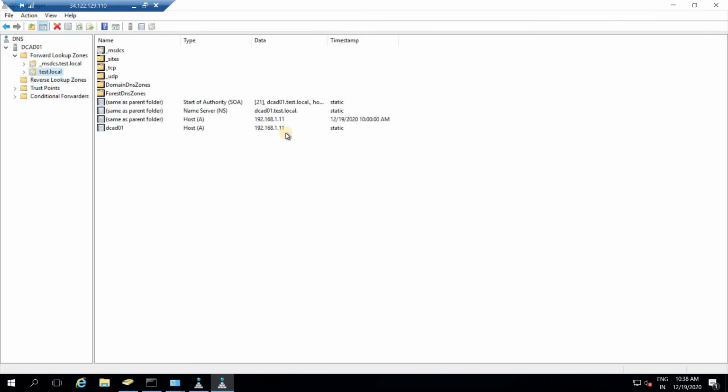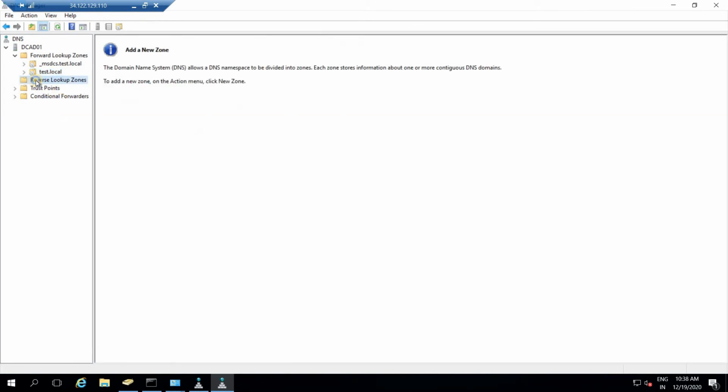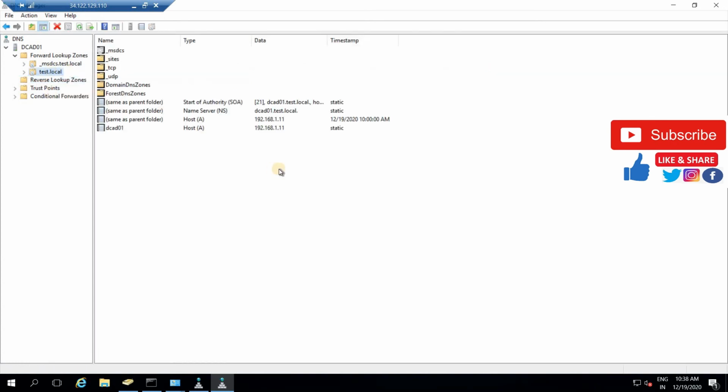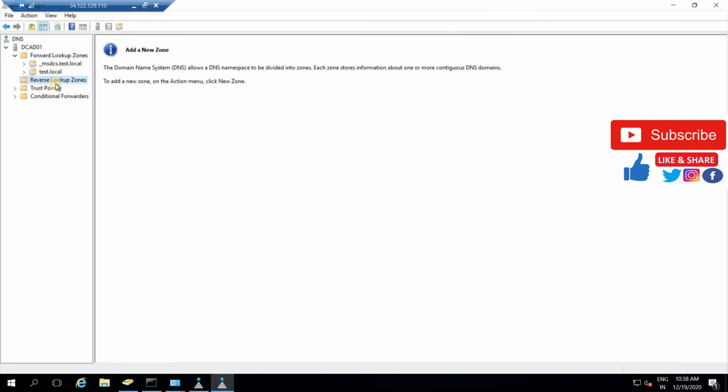If you see this, your domain controller entry is already here. For reverse, you just need to click on this, and guys, reverse is not there, but it is required because when you translate your name to IP or IP to name, these two zones will help very much.